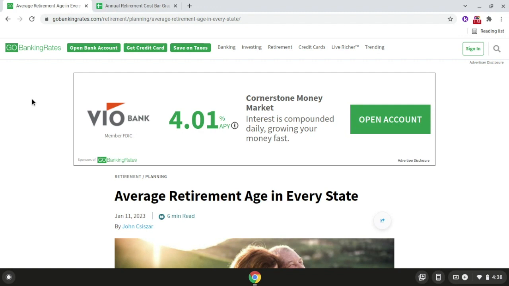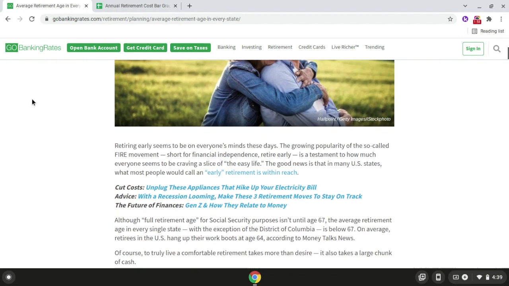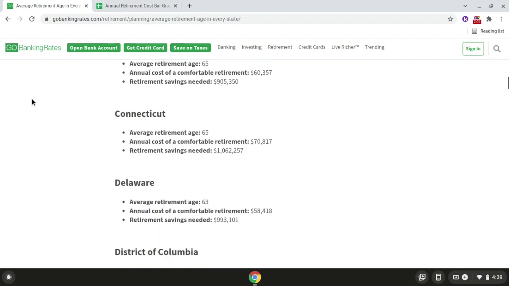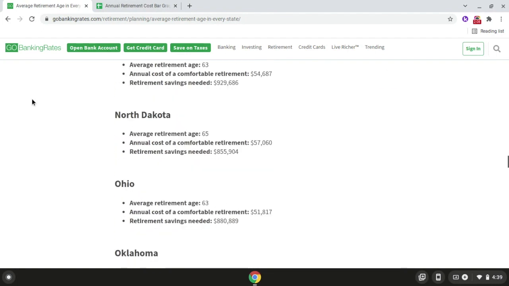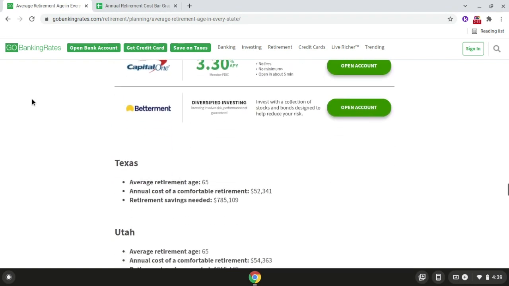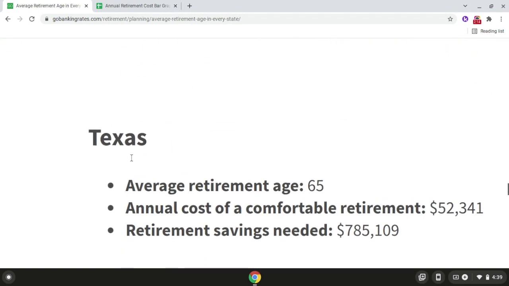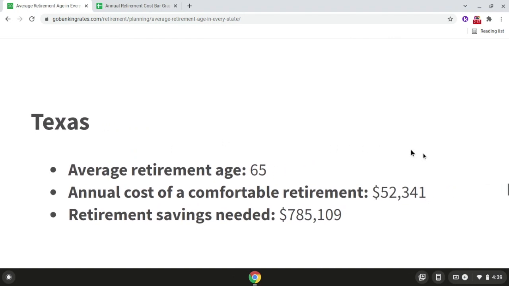So if we scroll down a little bit, as we can see here, the annual cost of a comfortable retirement in the state of Texas is $52,341. So if we come back over to the spreadsheet,